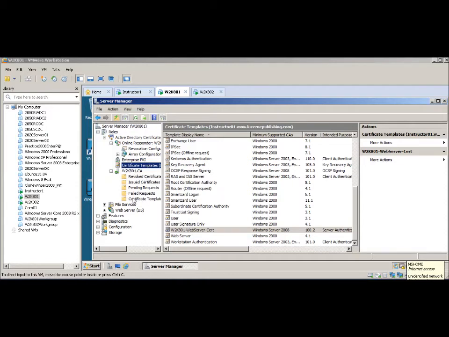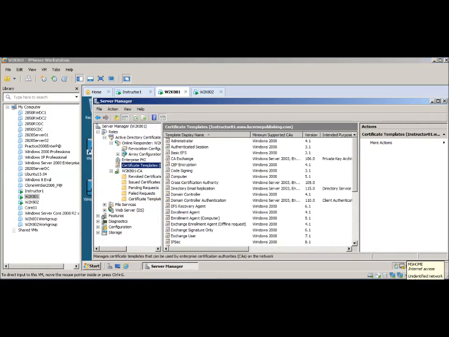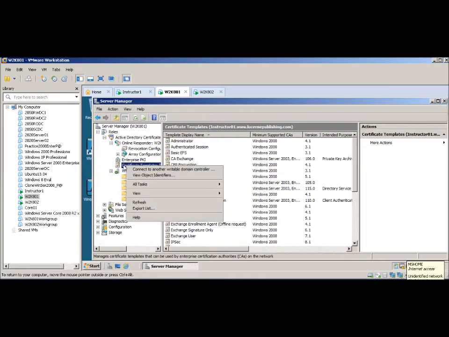Whoops, we clicked on the wrong one there. I got back up here where I needed to be, and so we want to right-click on it